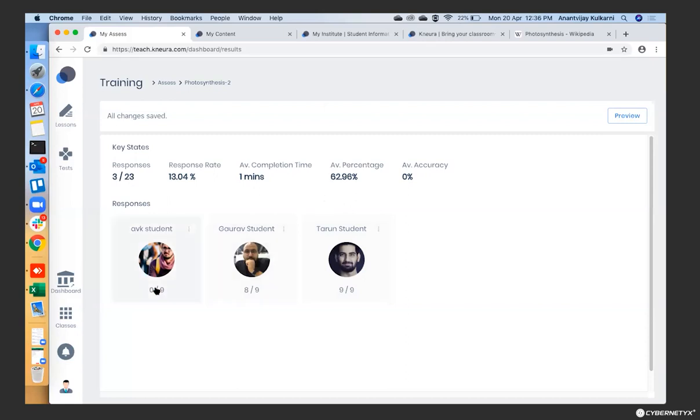Let's say, for example, it shows that one student didn't get anything right. One student got 8 out of 9 and another 9 out of 9. So it says that 3 responses are submitted, like 3 of the students actually answered. This is the response rate right now, and the average time for completion was 1 minute, and other key statistics are shown here. So this way the teacher did not have to carry those papers, evaluate, or sit at night checking whether the answer was right. All this the platform handles by itself,